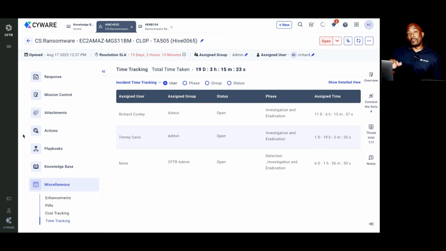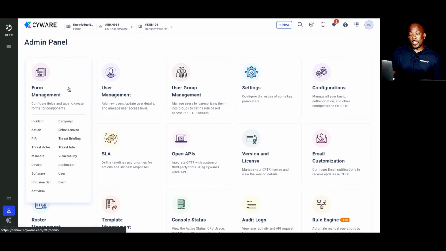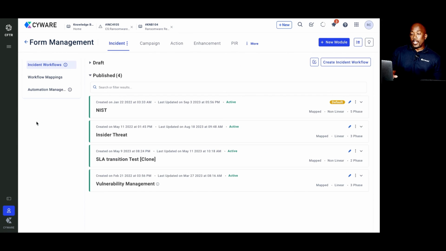Well, we talked about your ability to customize them, and I want to show that to you briefly. I'm going to go ahead and click into Form Management under the Admin panel. I'm going to go to Incident. Now, remember I said we were navigating inside of a NIST incident, and you can create all sorts of kinds. Again, they can be really specific, like ransomware incident or new network item detected incident, or they can be more general, like an entire